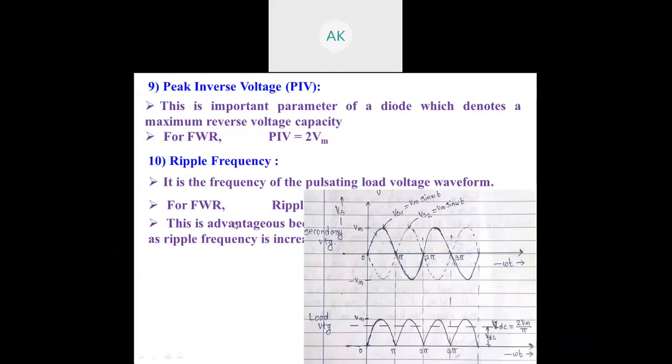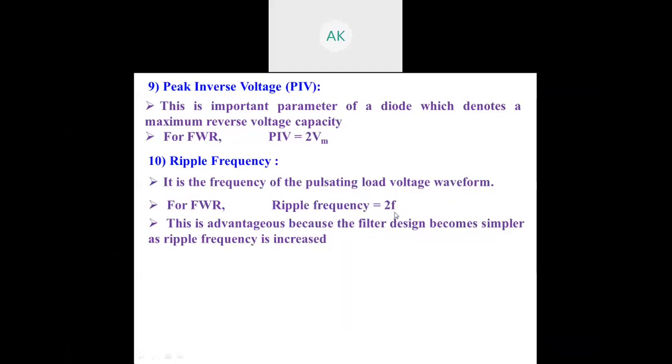Next we continue with the ripple frequency. So the ripple frequency is 2f. Now we have discussed the half wave rectifier and the full wave rectifier. Now what are the disadvantages of a full wave rectifier? The advantage of a full wave rectifier, we have discussed, is that there is an improvement in the ripple factor, which is